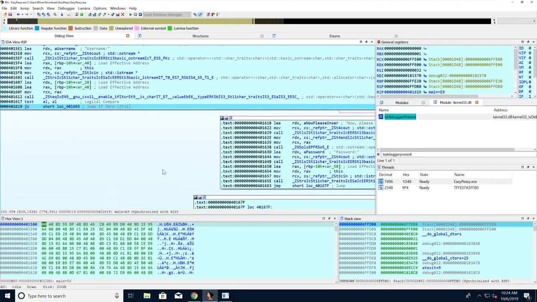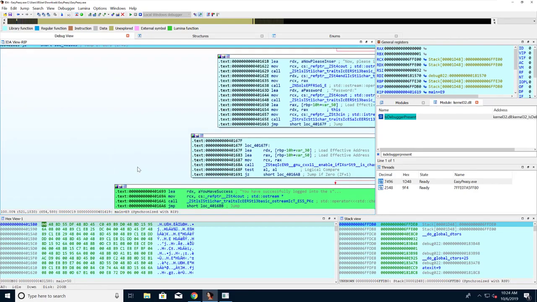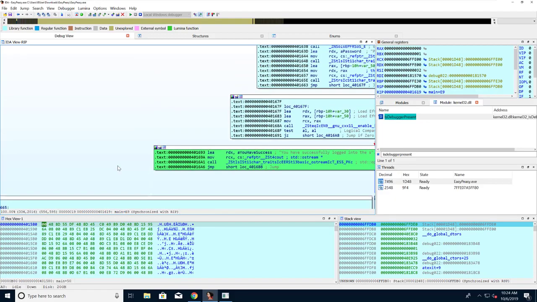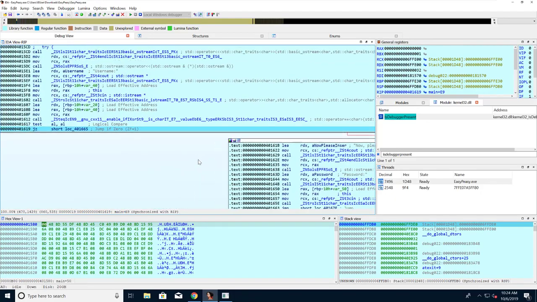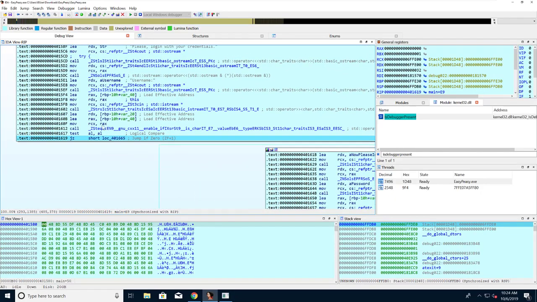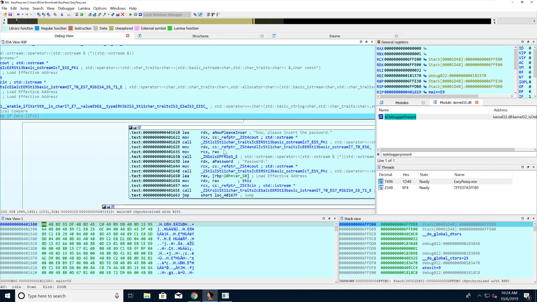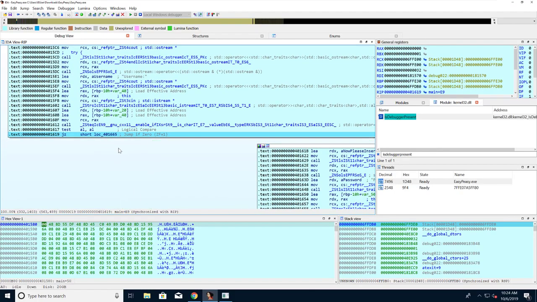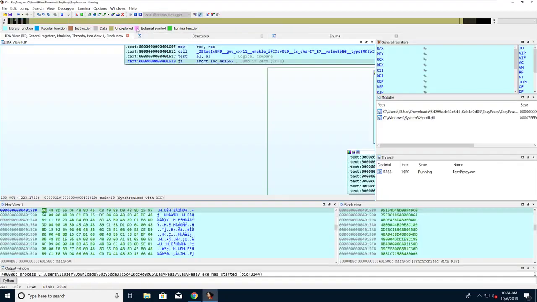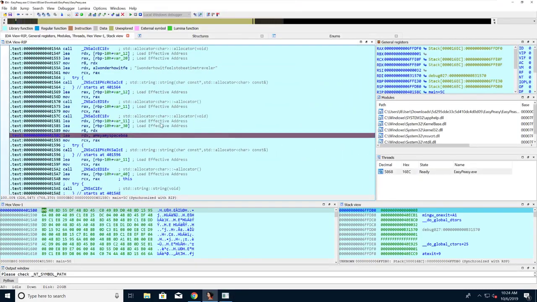And now checking it. Yeah, it already checked that it's not long enough, so it's moving there because the username that I use is not long enough. So what I can do,